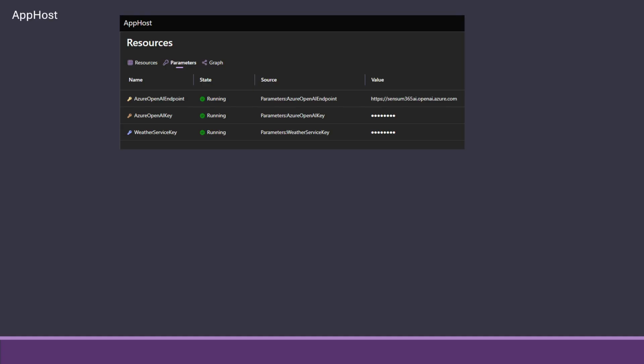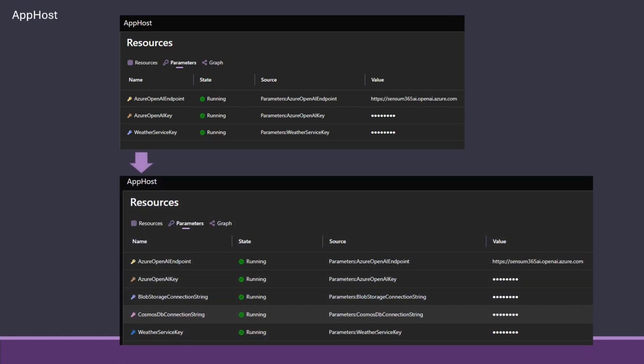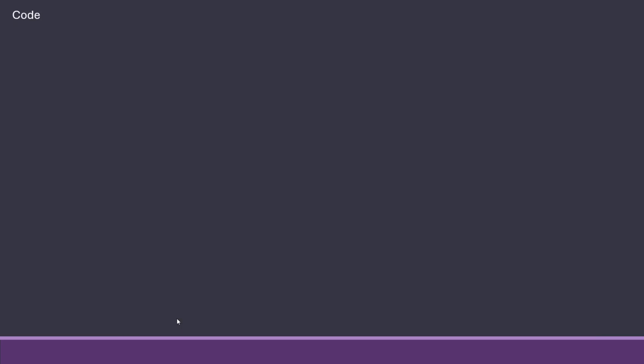App host wise, we had 3 parameters, the Azure endpoint and key, and then the weather service. Now we have extended that, of course, in order to get a blob storage connection string and a Cosmos DB connection string. And then comes the big changes in the refactoring of the code, which have taken quite a while